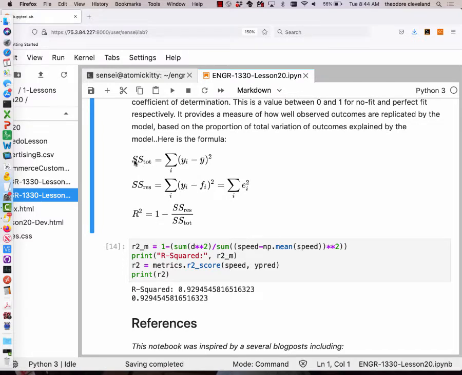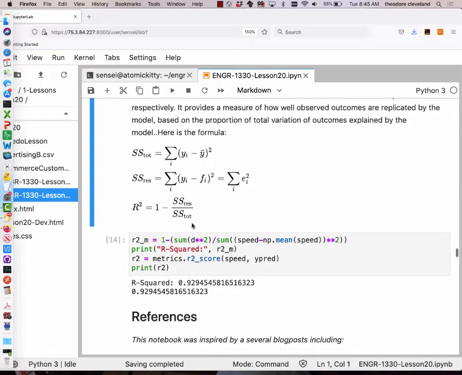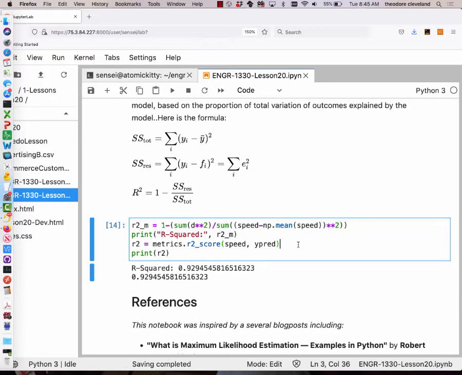So we compute the total sum of squares, and then we compute the sum of squares of residuals, which is the observation minus the fitted model. What's left is called the residual, and we square that and sum it up. And then R-squared is 1 minus the ratio of the sum of squared residuals to the total sum of squares. Easy enough to code into our friend